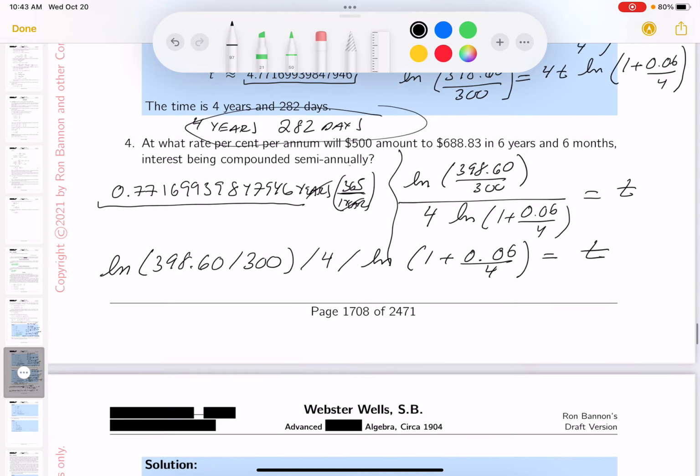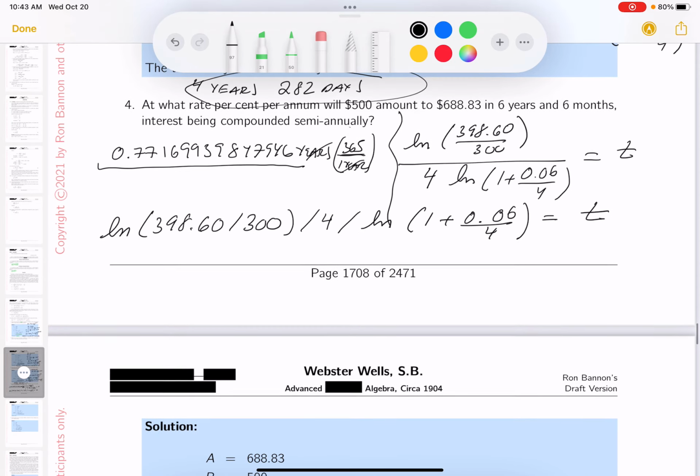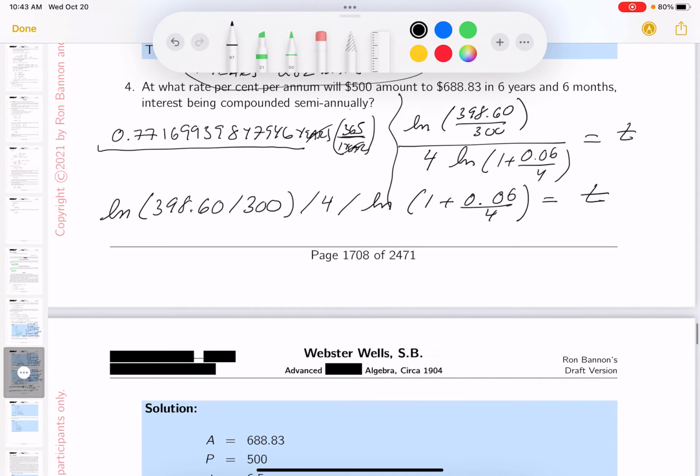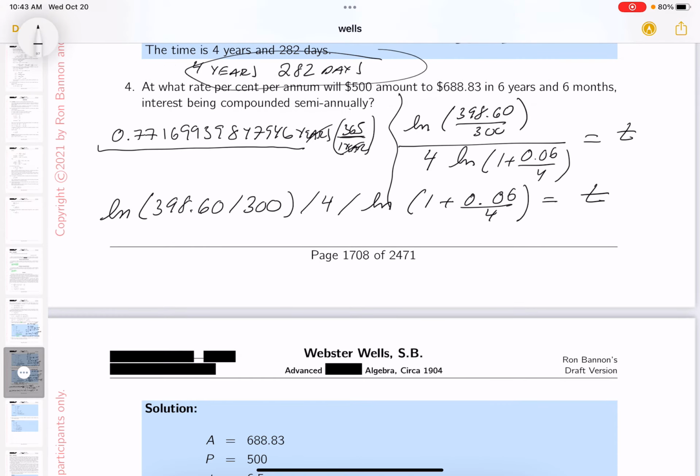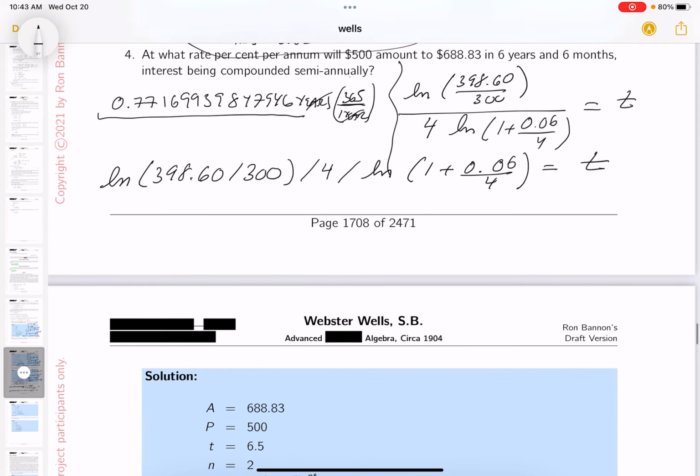All right? So let's look at this one over here. I get to the next page and see if I can write things. I've got to keep that on the screen, though. And let me just push this to the side. And I've got to push this up here a little bit. At what percent? I don't know. So I'll write this over here. I don't know the R. I have no idea. At what percent per annum will $500 amount to